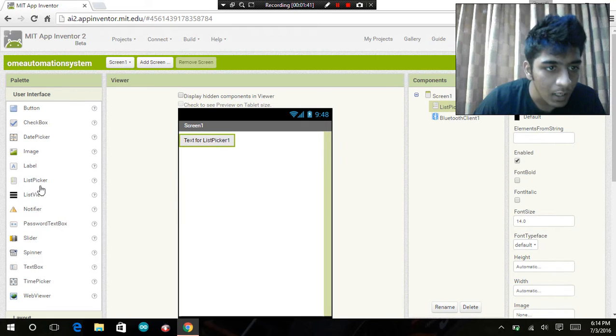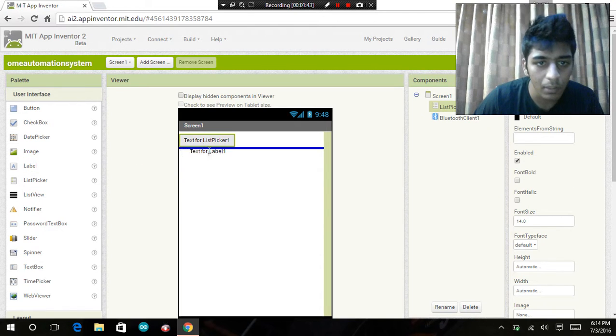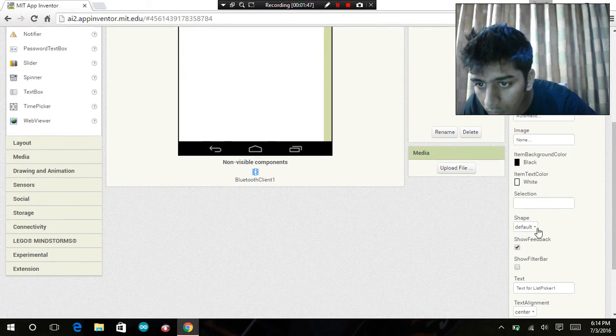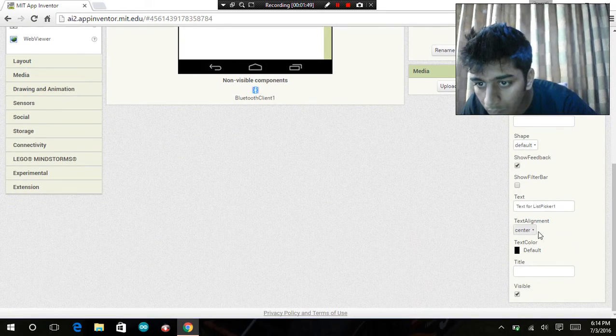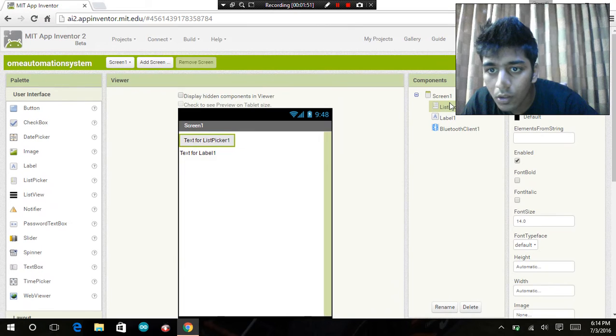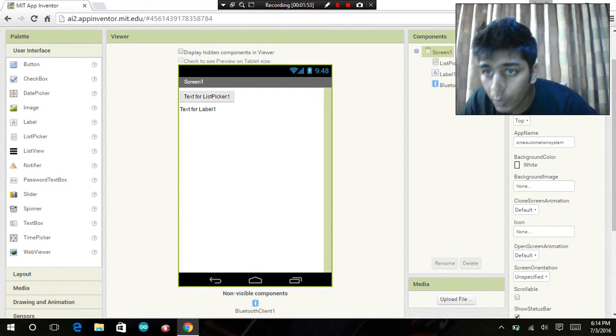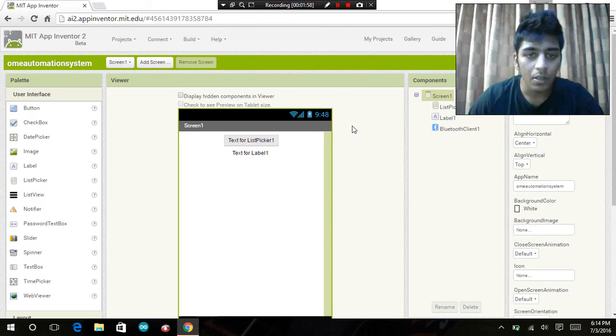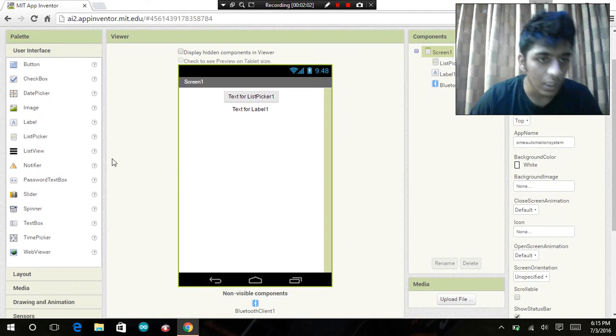After that, a label. You can also arrange stuff at the center, or at the right or the left. That's it.